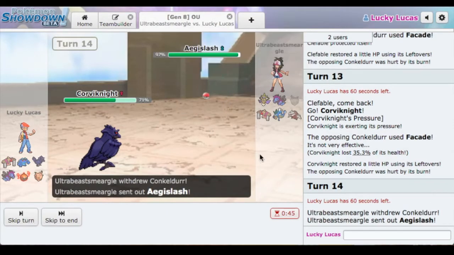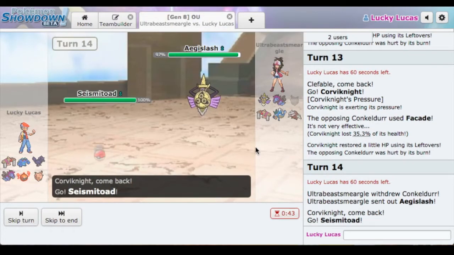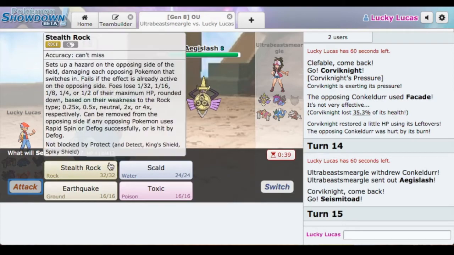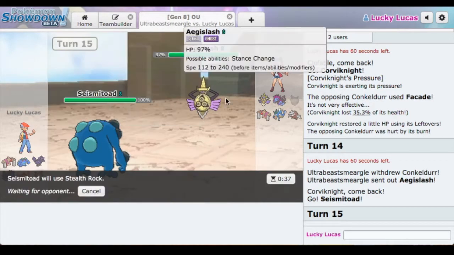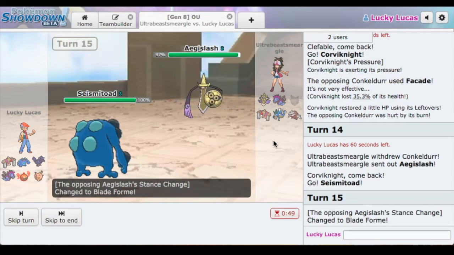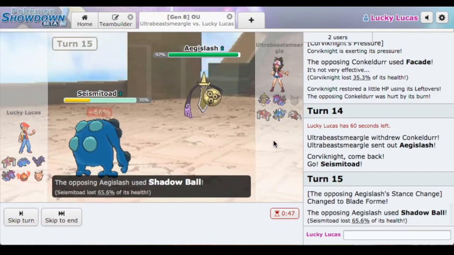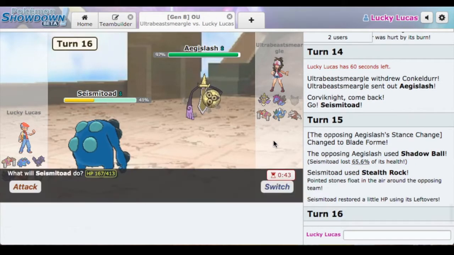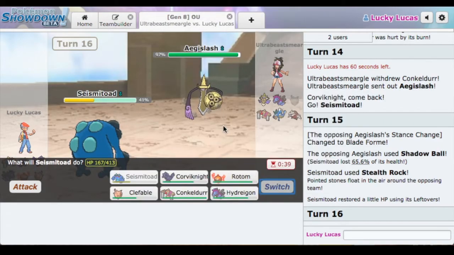I think I'll just go to Seismitoad. Okay, this is some good stuff. I'll Stealth Rock right away. I probably should be fearing something like if he was, say, Substitute, but he is not showing to be Substitute. I'm assuming that's like Specs. I know I'm not specially defensive, but